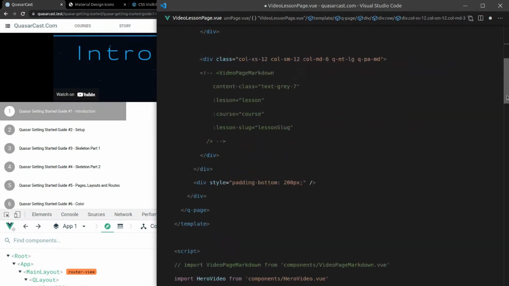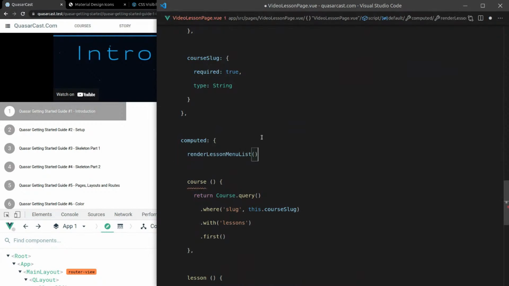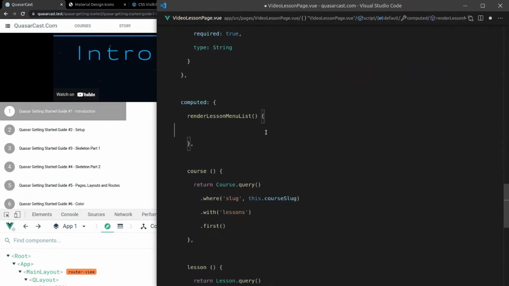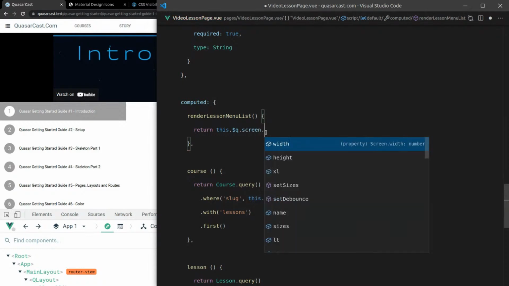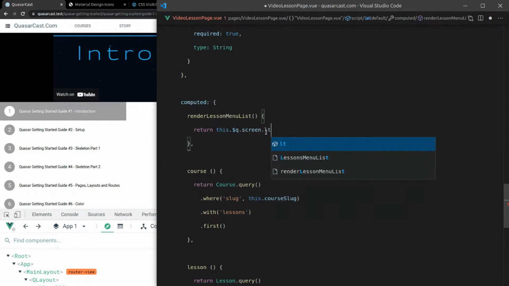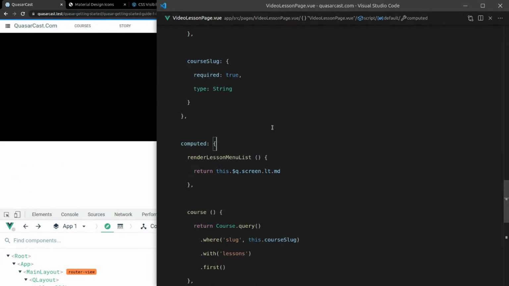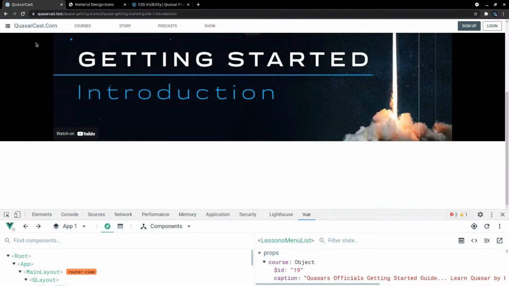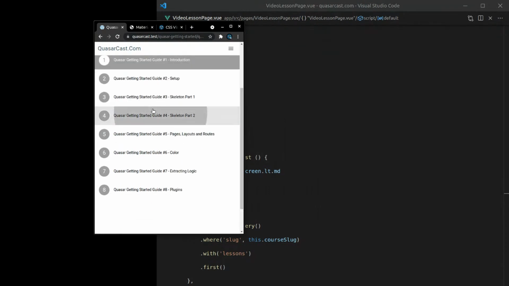list. Come down here, and then we can basically say on the computed property that I will return this.$q.screen is less than medium. Let's go with that. So if it's less than medium, I want you to render this list. So by default, we don't get it, and we're using that right-hand menu setup. Then when we go to a smaller size, we can select the course that we want,